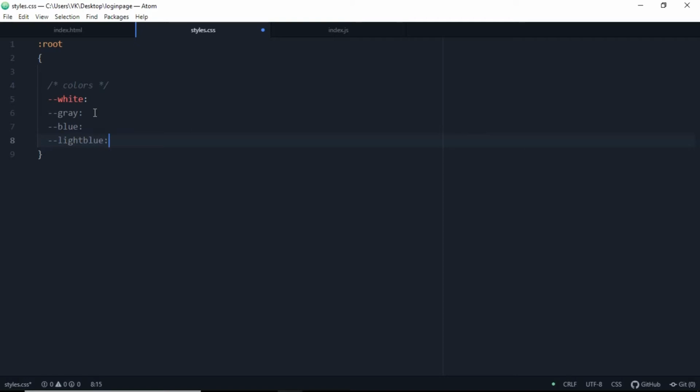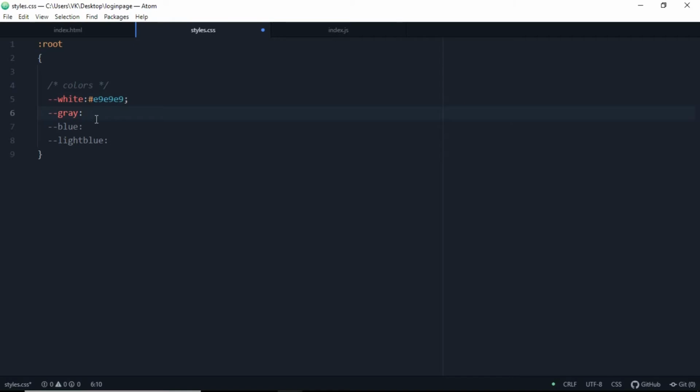Add a colon here. And let me just paste all these hex codes here. Okay, so first let's write the white color here, and the color which is E9E9E9.